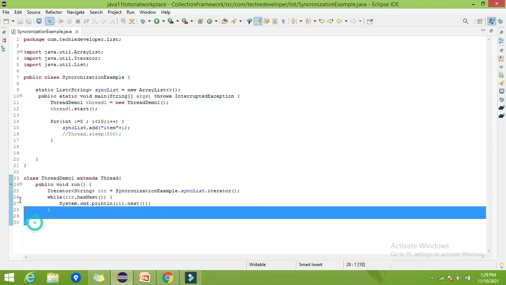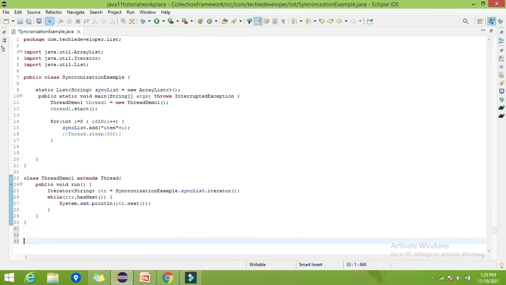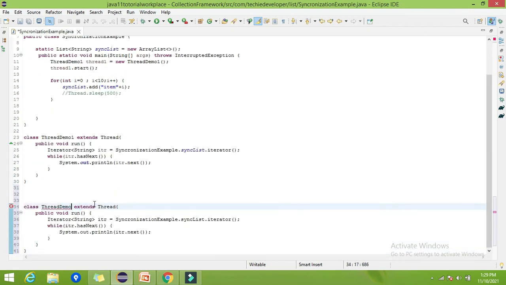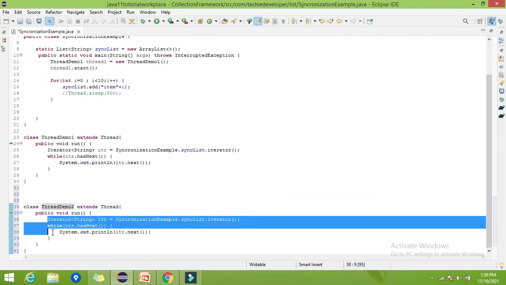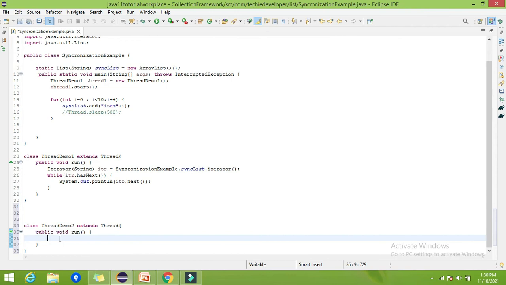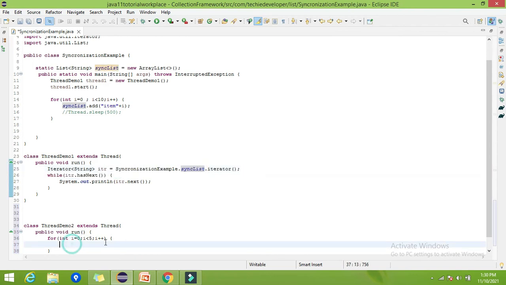To do this, just create another thread by copy-pasting this second thread and give the name as ThreadDemo2 extends Thread, and instead of iterating or displaying, let's try to add a few elements in the list by this thread. So let's try to add 5 elements.